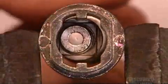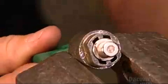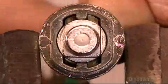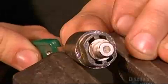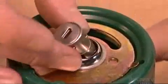Here, a worker places the lock barrel in a vise to give a better view of the lock system. As you can see, it turns easily with the key. But vandals beware. This lock is designed to be tough to pick. Next, he inserts the lock into